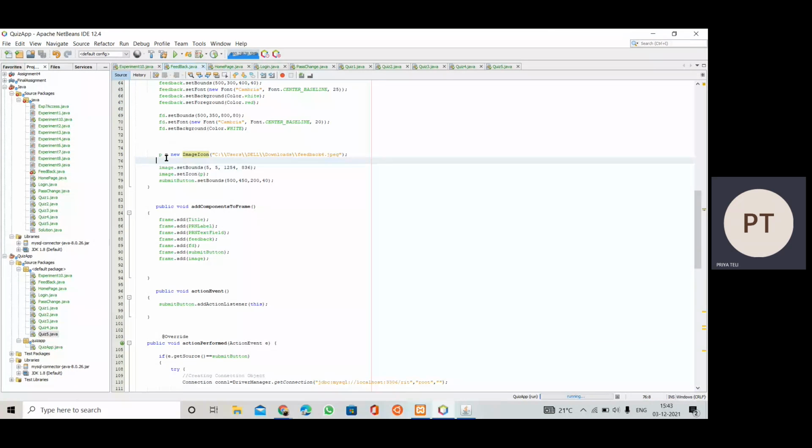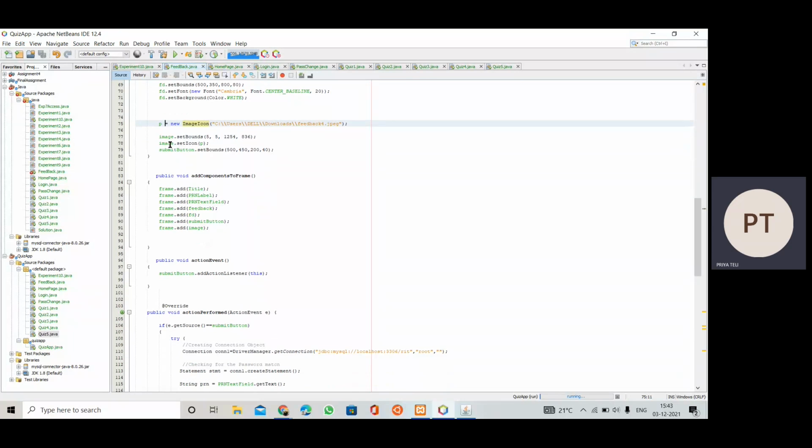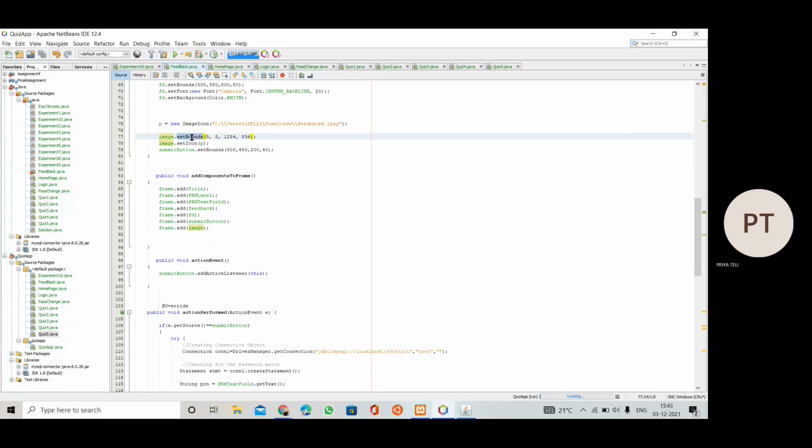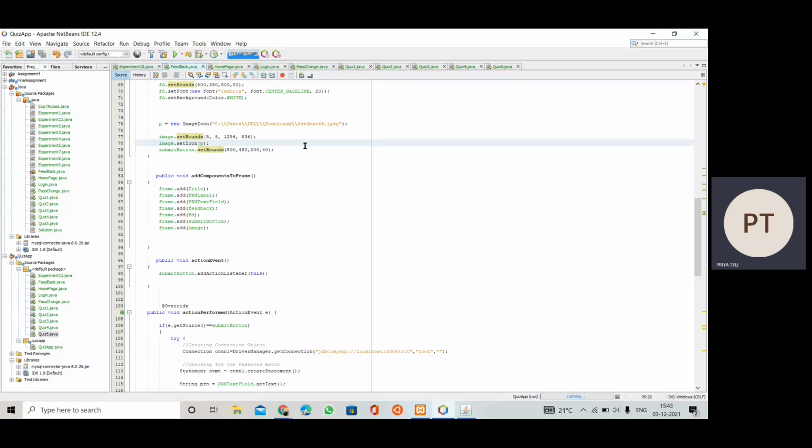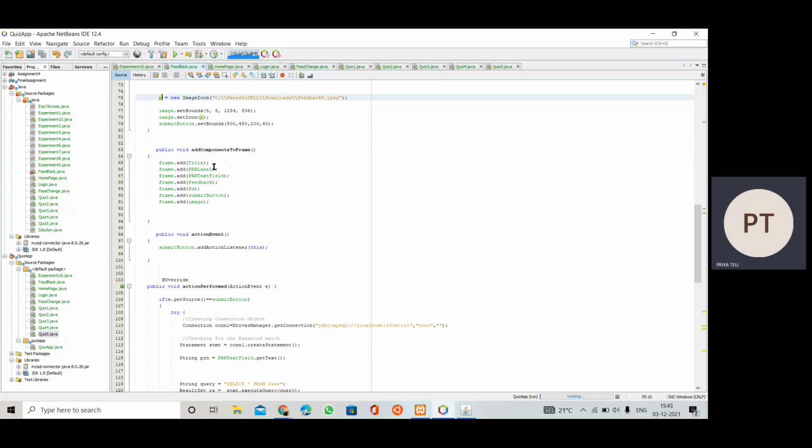Then we are not going to insert this image directly to the panel or frame. We are going to insert it into the label, and then we are going to insert that label to the frame. So we have this image label, having the object of the label as image, and we have called these 3 methods for the same. And we are going to insert a particular icon, that is the icon object, which is P, with the help of the set icon method. So we have image.setIcon(P).